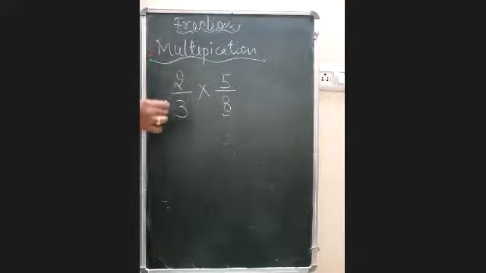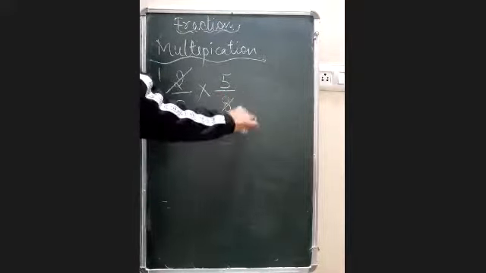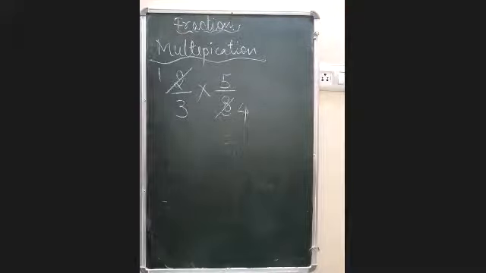So which table will it cut? 2 ones are 2 and 2 fours are 8. Remember, numerator to numerator we don't cut. We don't cut denominator to denominator. We only cut numerator to denominator. We don't cut that one. Right? Now let us see. We have made it simplified. Now it will not cut.